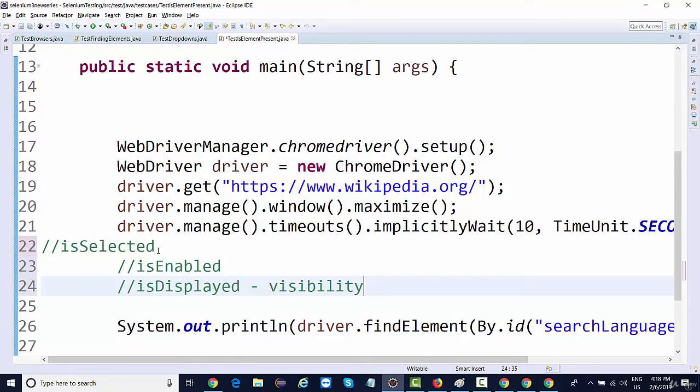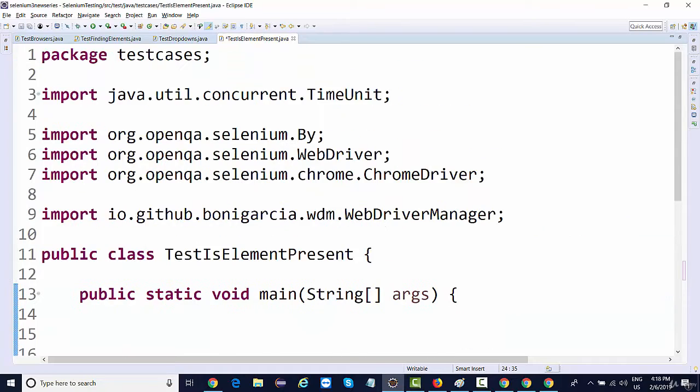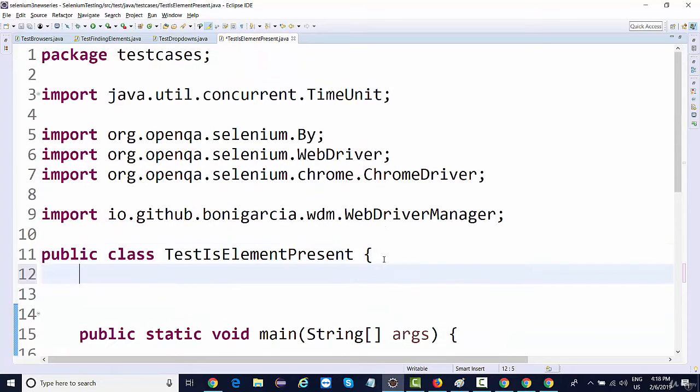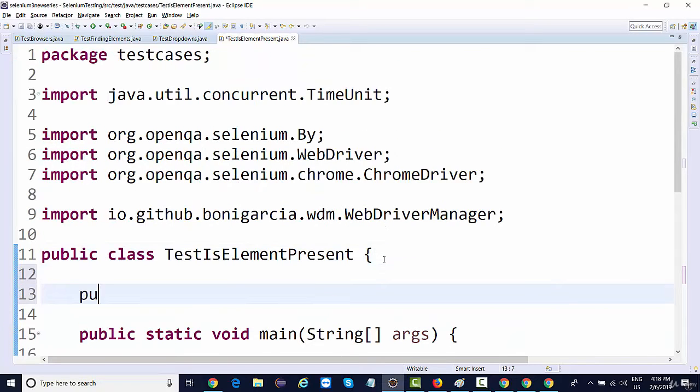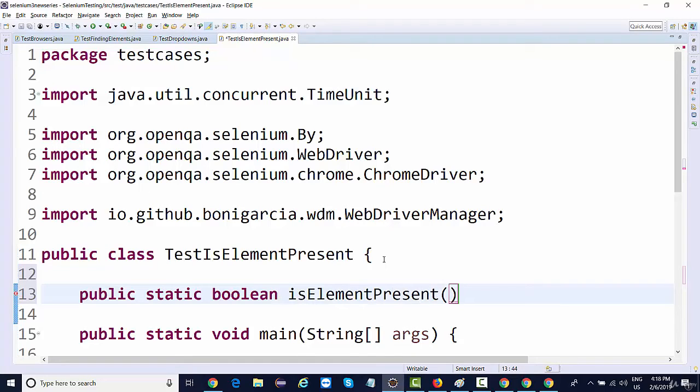So if a method is not there, then we need to write some logic to achieve that. As in, if I talk about how the method will look, it should be a Boolean method, is element present, right? String locator, something like this.